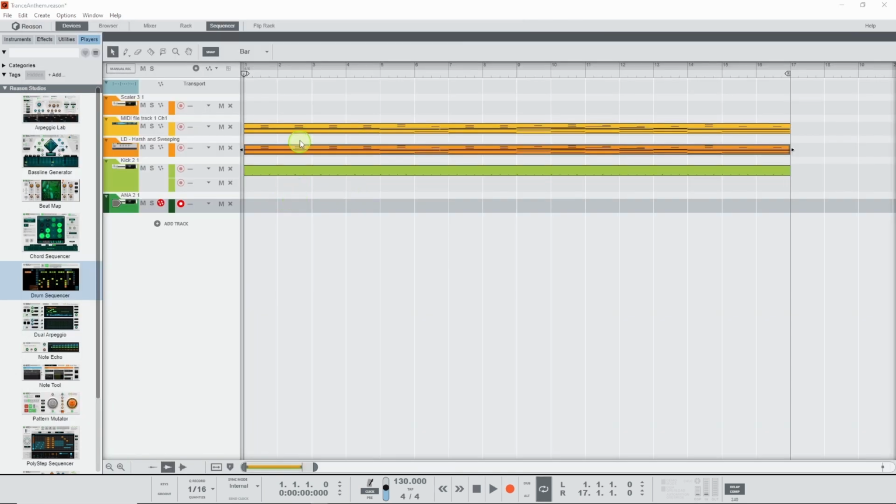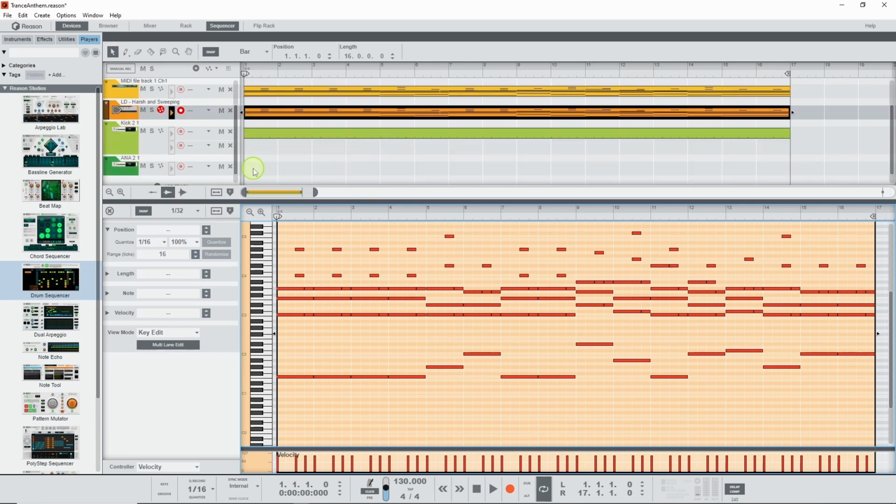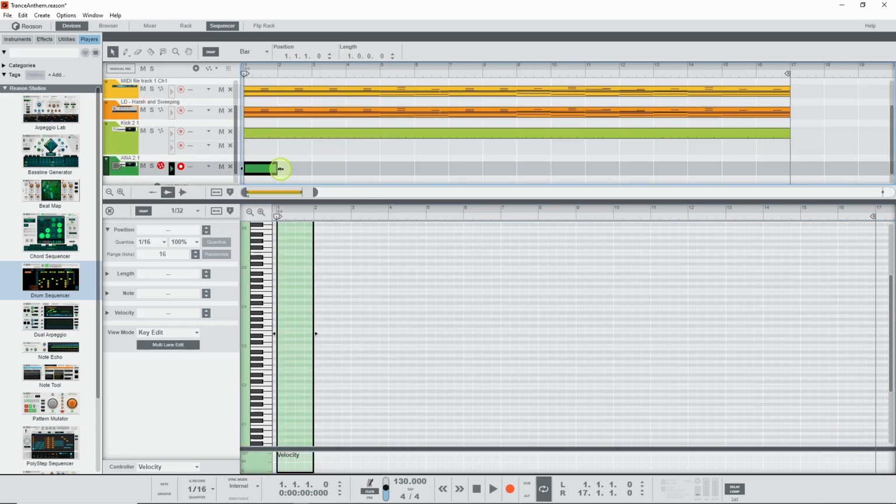Okay, so I'm basically going to follow the chords in the song here, and I'm just going to open this up and see where we're at here. So we're starting on an F, then we're going up to a flat, and then to a C. So let's just double click here to create a clip,